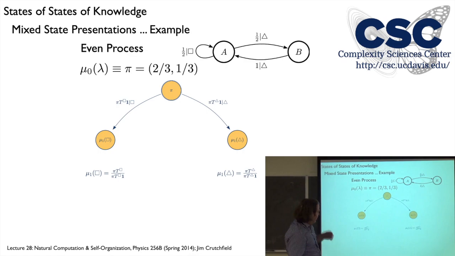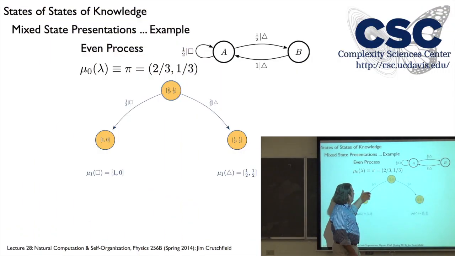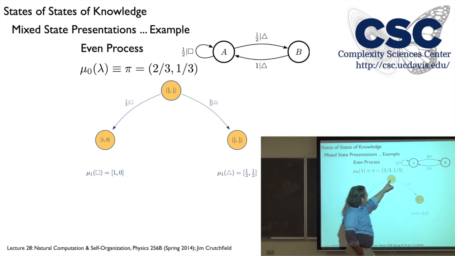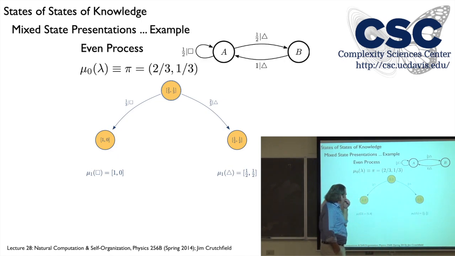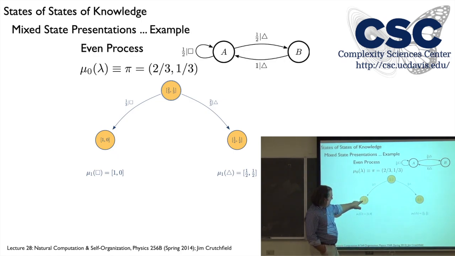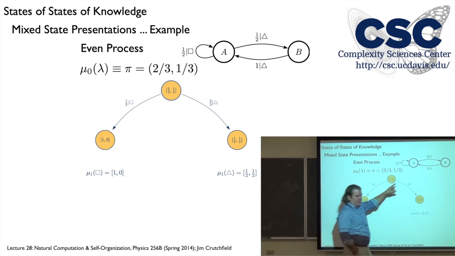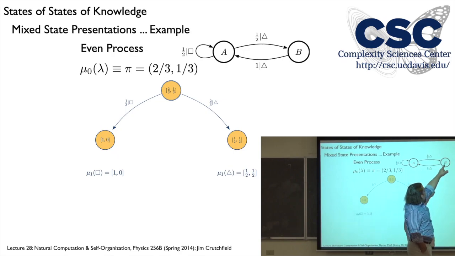And then if you actually plug in the numbers here, what you see is things we already know: the asymptotic probability of seeing a square is 1/3, of seeing a triangle is 2/3, or a 1 and a 0, 2/3, 1/3. And then if you actually go through the calculation of the new mixed state, we notice that on a square, all the probability is in state A. Well, that makes sense. You can just read that off here. We just came right back. That's all that can happen. Even if I started in B,